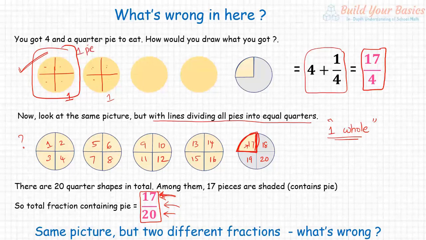When I say one whole, that means you consider that as one full thing. You will put a number 1 to it. Otherwise, you will not put a number 1 to it. So for which one you put a number 1 to it, that is called one whole. That's what I mean by one whole. So here, this pi is one whole. So this is another one whole. Like that it goes, right?